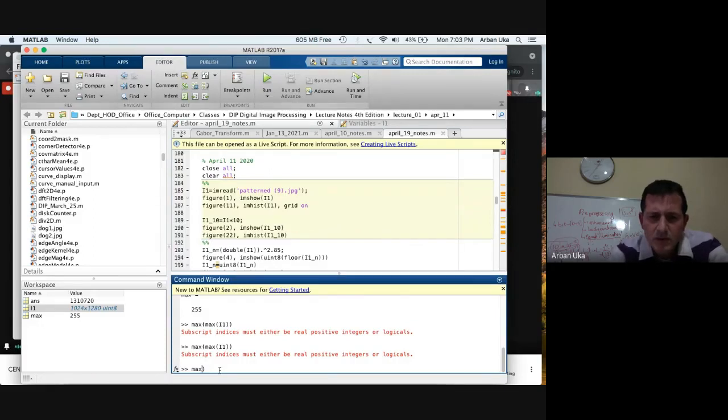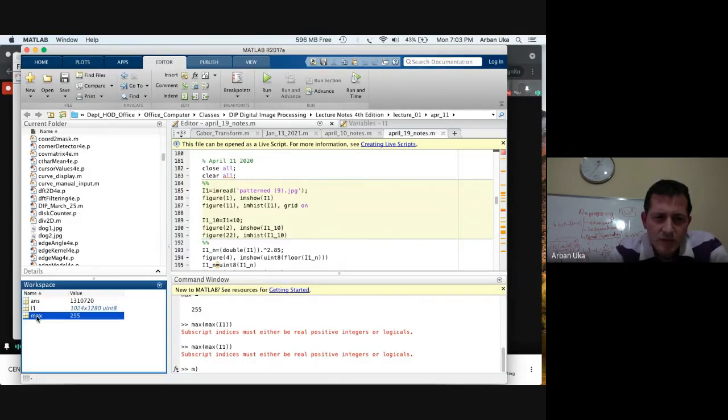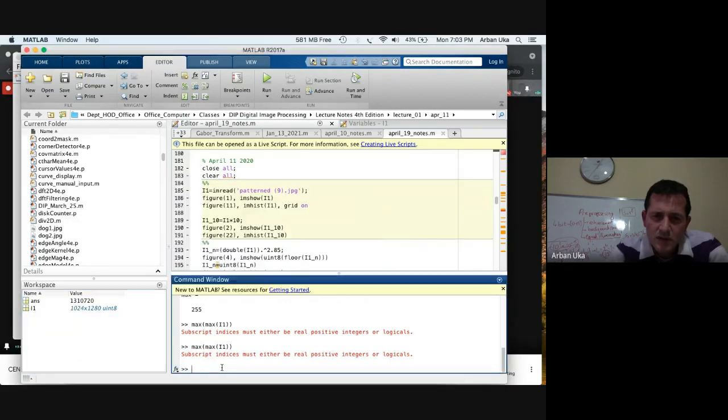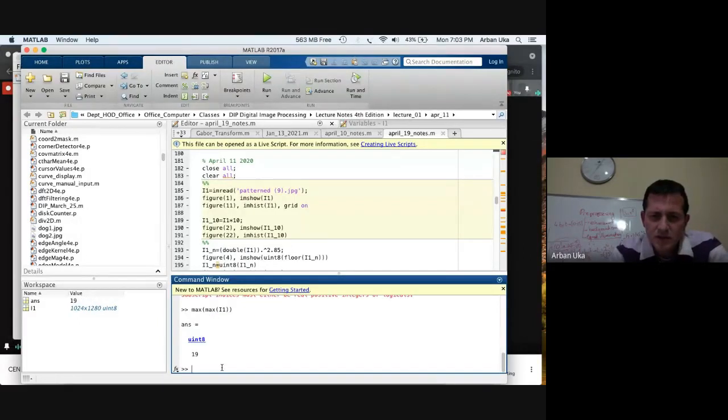Oh no, okay. Sorry, this is a mistake. I have to delete this for a moment because I was just trying to write something like a text, and it doesn't make much sense. Okay, this makes sense. So it looks like the maximum value that we observed for this image is 19.